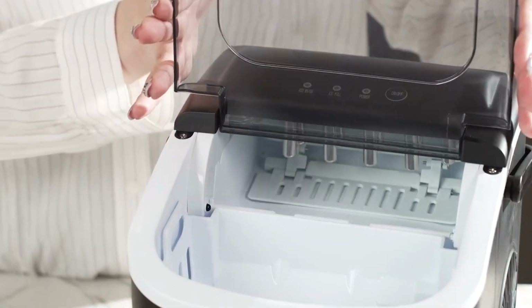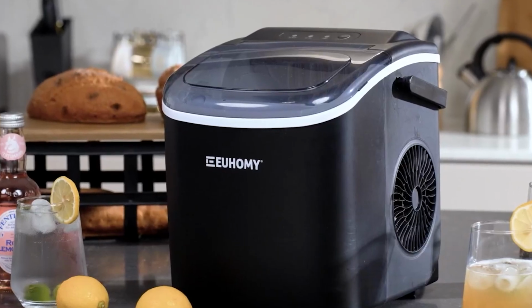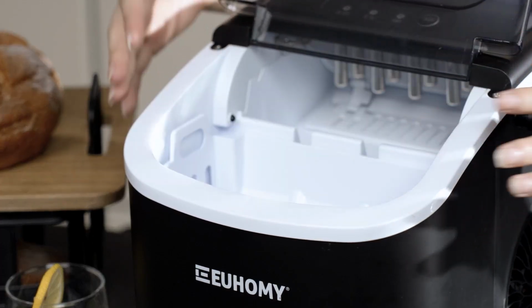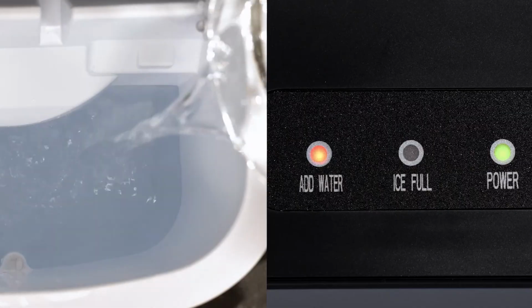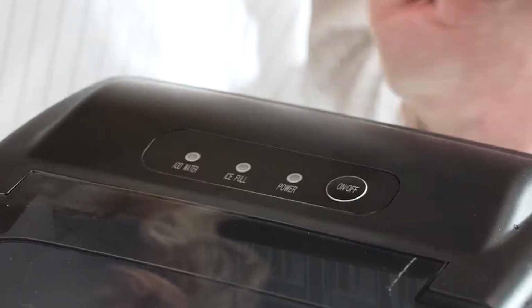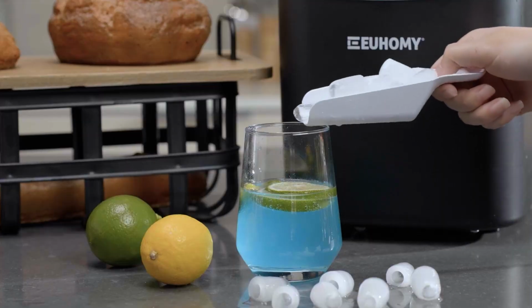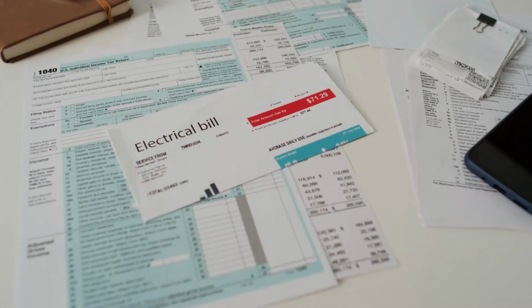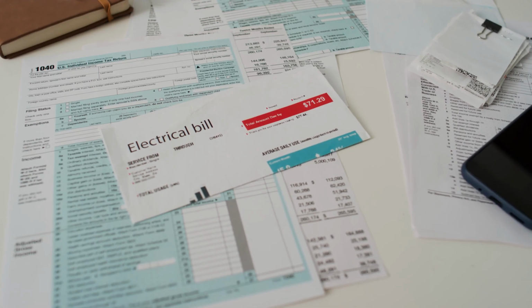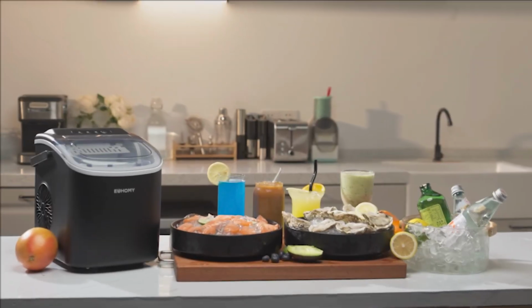The transparent viewing window allows you to monitor ice production without opening the lid. This thoughtful design element combines with an intuitive control panel that simplifies operation to just adding water and pressing the power button. You'll find the included ice basket and scoop handy for serving, and the energy-efficient 170-watt compressor keeps electricity costs reasonable. EUHOMY backs this ice maker with a 12-month warranty and lifetime technical support, providing peace of mind with